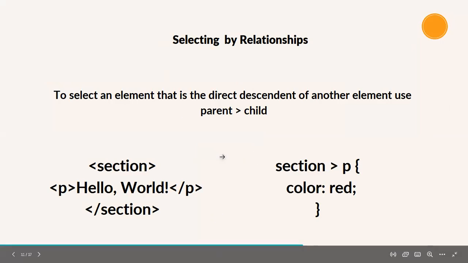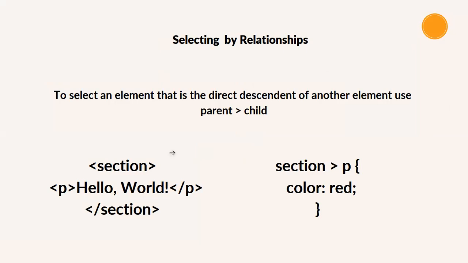So the first one is the parent-child selector. It says that if we have a section and a paragraph inside, and we want to target the paragraph inside the section, we can use the section, the greater than sign, and then the paragraph. All this means is that in the section, there's a child nested inside, and it is a paragraph. I want to target that particular thing and give it the color red. If we try it,